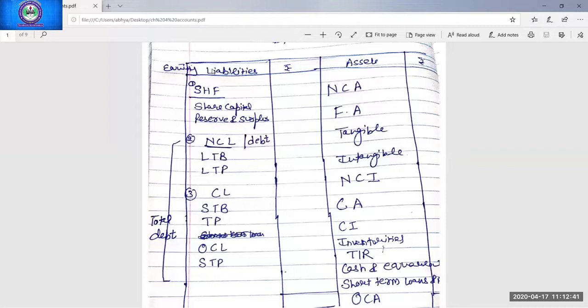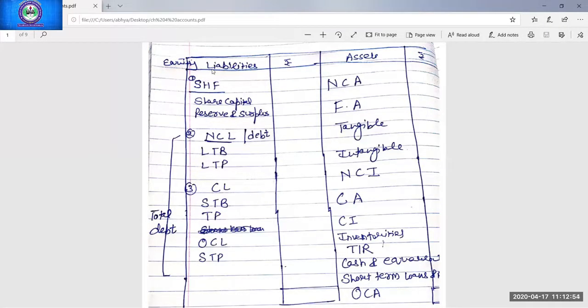Earlier we were writing only liabilities, because earlier we were making the balance sheet of a sole proprietor. But now this is the balance sheet of a company. So here I have written equity and liability, as you can all see. First I am explaining the balance sheet for better understanding of the different formulas. Then I'll tell you how the hidden figure can be found out just by keeping in mind one balance sheet. No need to learn the different formulas.